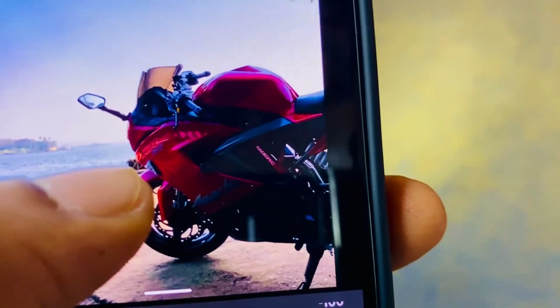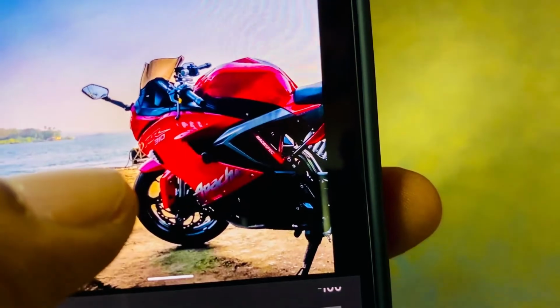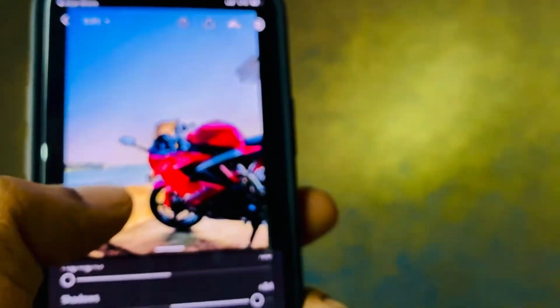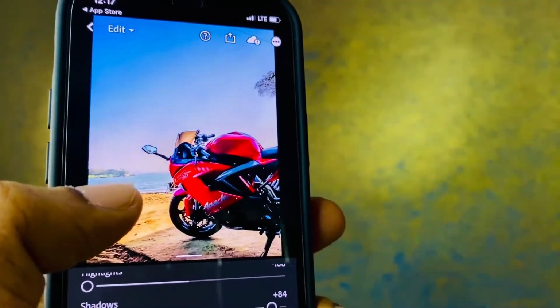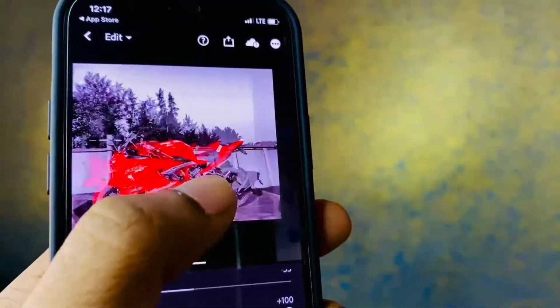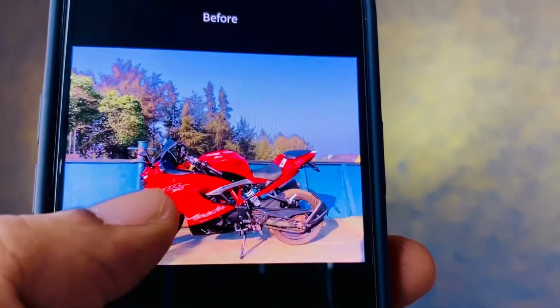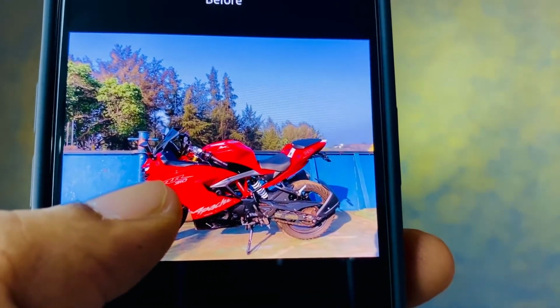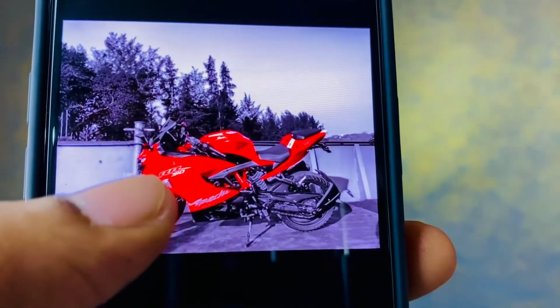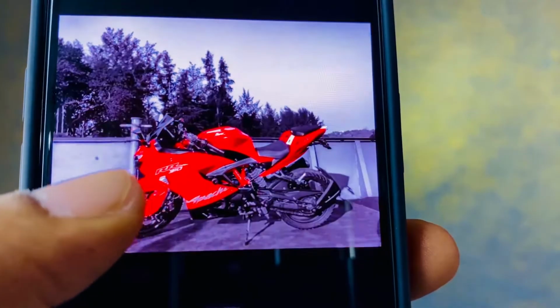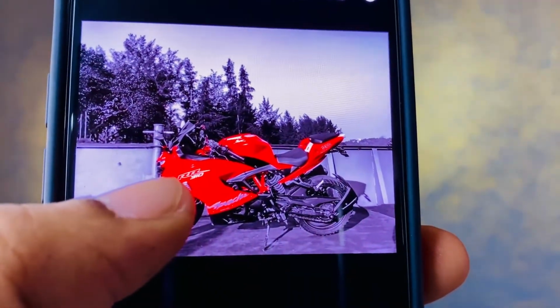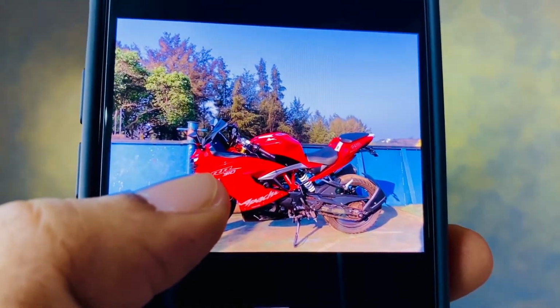So we all can do some crazy stuff, guys, with this Lightroom. And this is one of the very few tools which are available for giving that professional look. You all can even use other things like Snapseed, but I highly recommend using it. And then you all can save this image as a preset, which you all can use for other images also.